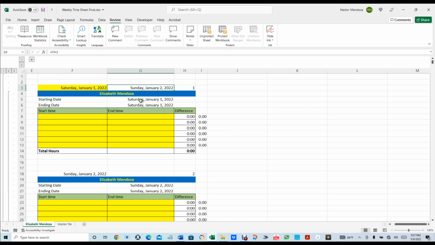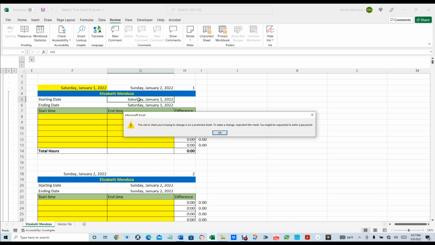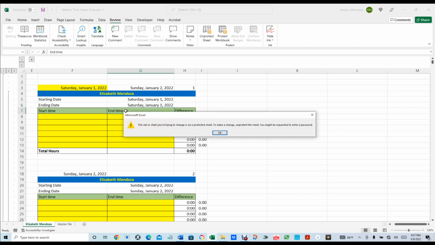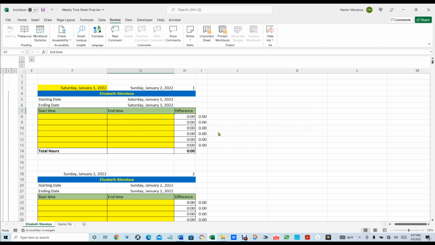In other words, if I click here and I try to type anything, see, error. If I click here and I try to type, it's going to error. The only place it's going to allow you to change is in the areas that have yellow solid lines,